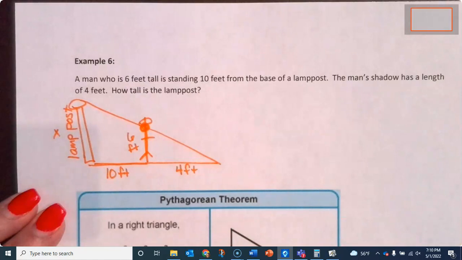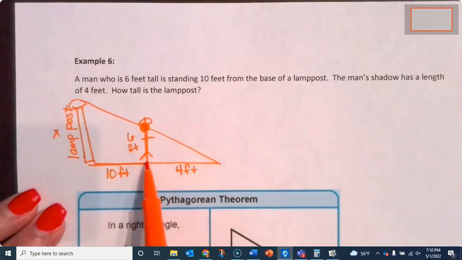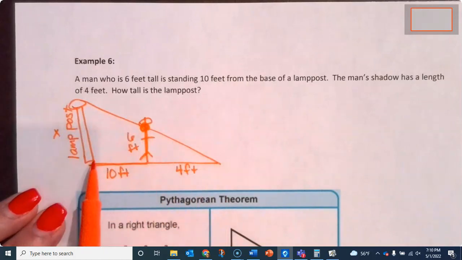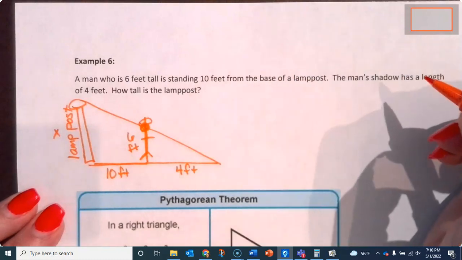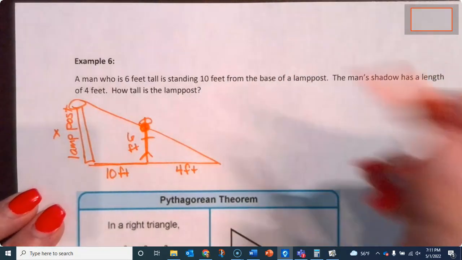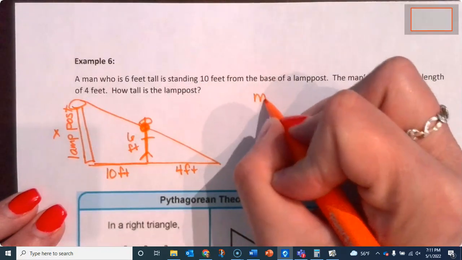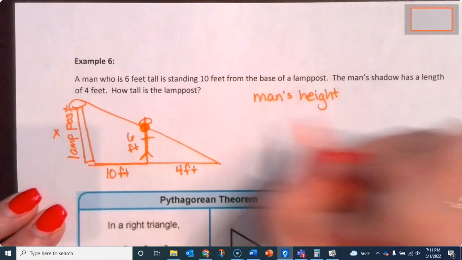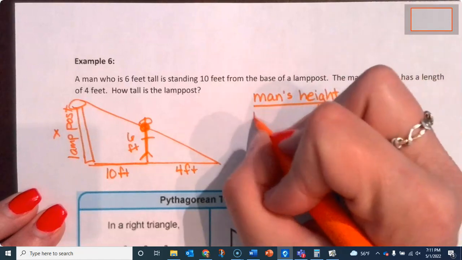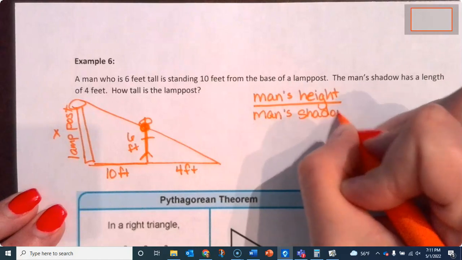So that's our variable. All right, couple things. Now we've got two similar triangles here. We've got this smaller one here, and then we've got the lamppost all the way down here, the bigger triangle. So when you're setting up these problems, the important thing to keep in mind when you're setting up the proportion to find a missing side is to be consistent all the way through. So like if I do man's height, we can put that over, let's say, man's shadow is equal